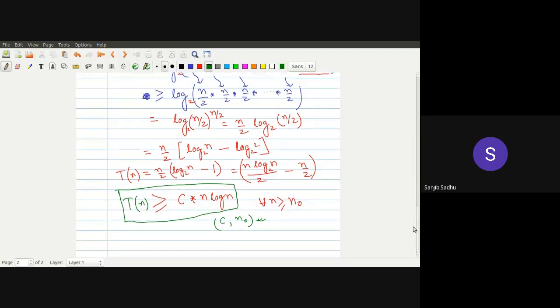So that means the lower bound of sorting is